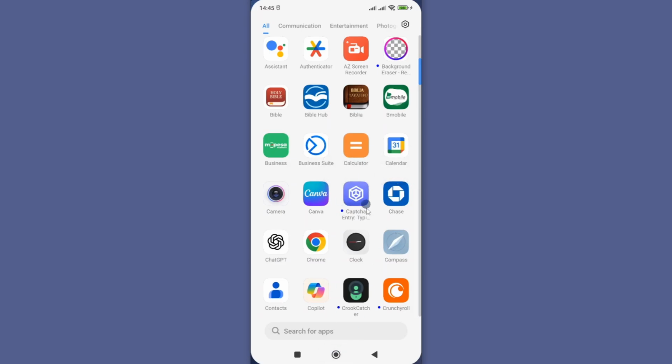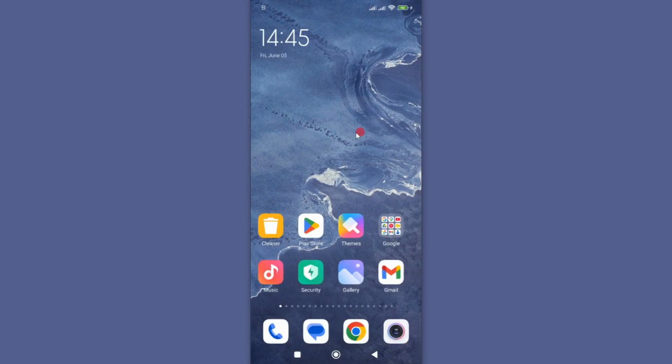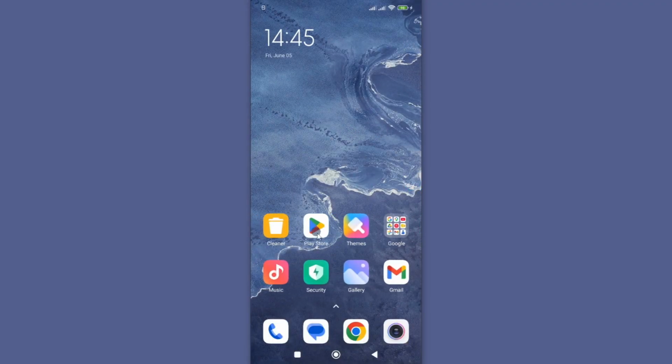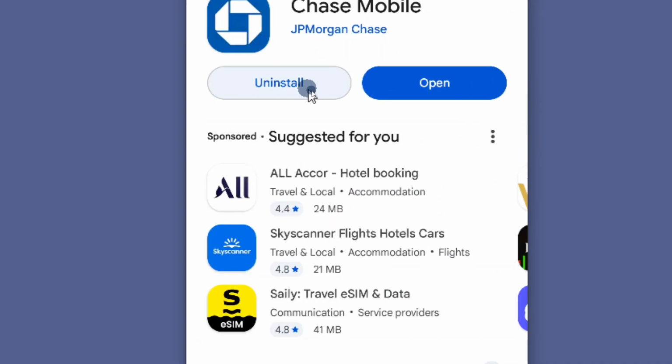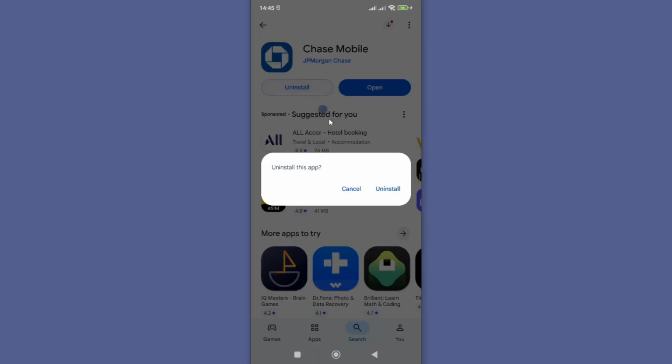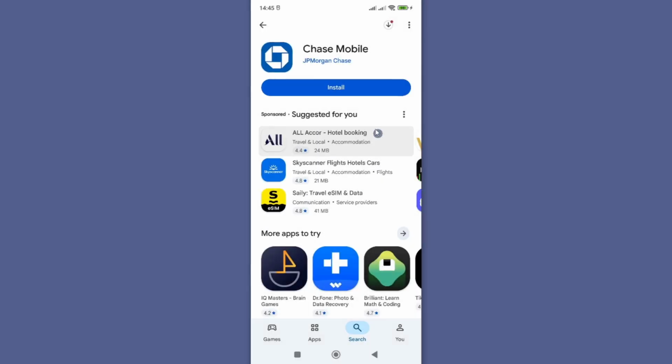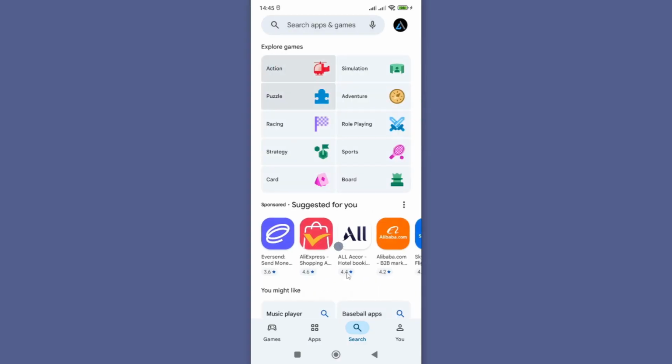However, if you are missing this option, then you can also just uninstall the app by going to Google Play Store here and search for your app. Once you open it, you should see we have an option to uninstall. By tapping on uninstall and then confirming your choice, this will remove the Chess mobile bank app from your smartphone